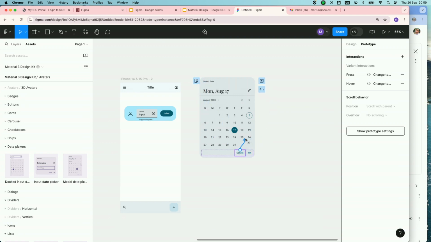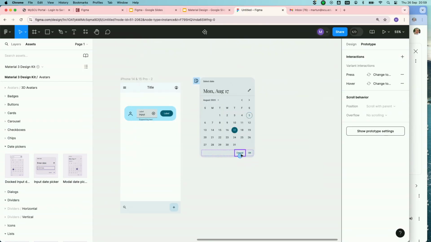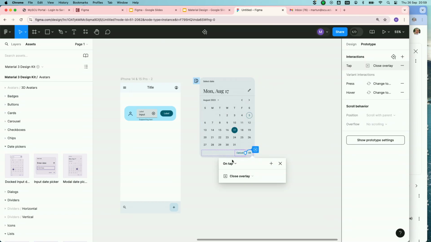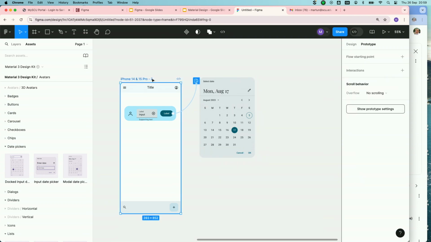So you see the cancel button, I'm pulling it, and it's giving me the option to cancel the overlay or close the overlay. I'm pulling from that cancel button handle, and then it's giving me the close overlay. So on tap, it closes the overlay. Okay, and let's see if it worked. So outside tap is going to close the overlay, but also